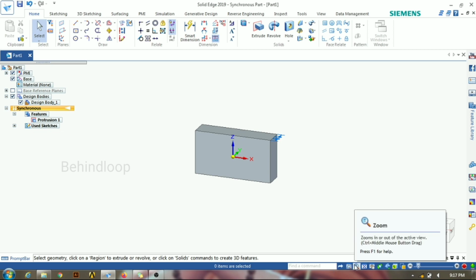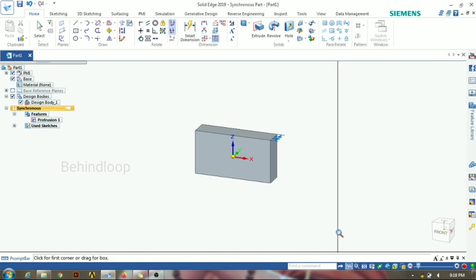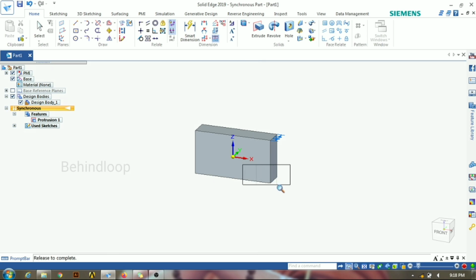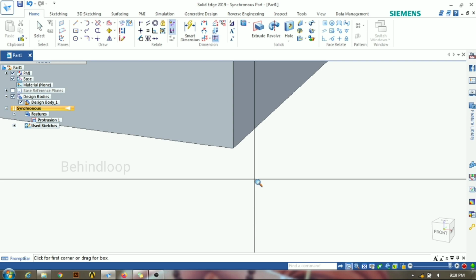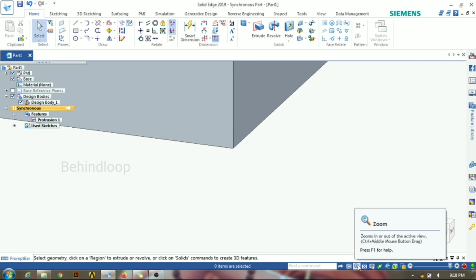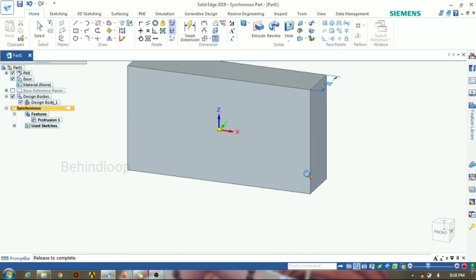At the bottom right of the user interface there is the view toolbar, which consists of Zoom Area. This zooms the area which you specially need to zoom in, like this. Here I am zooming the edge of the rectangle. This zoom option is just a pan zoom. Here they also show a shortcut for it. This will help you zoom in and zoom out.